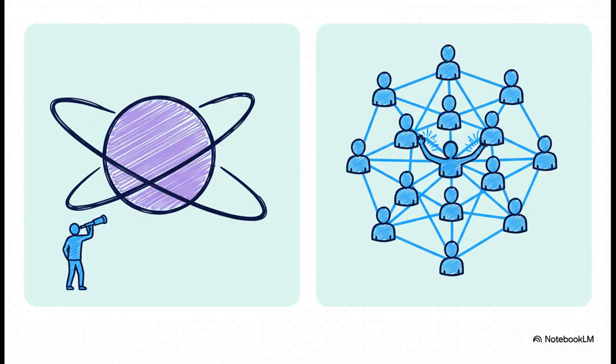But, and this is a really, really big but, studying politics is not like studying physics. I mean, the law of gravity doesn't care if you believe in it, right? It just is. But political systems, they're totally different. They only exist because of what we humans think and do. And here's the kicker. When we learn about how these systems work, we can actively decide to change them. We aren't just watching the experiment from the outside, we are the experiment.